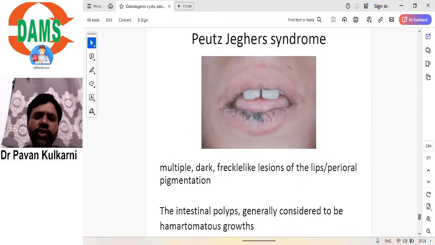And last image, this is called Peutz-Jeghers syndrome. Now, this is the last image for today's discussion. Peutz-Jeghers syndrome is one particular syndrome where you will see perioral pigmentation. So that is called perioral freckling that you see typically. You see that on the lips as well as around the oral cavity. So these are some of the important characteristic images that we have discussed